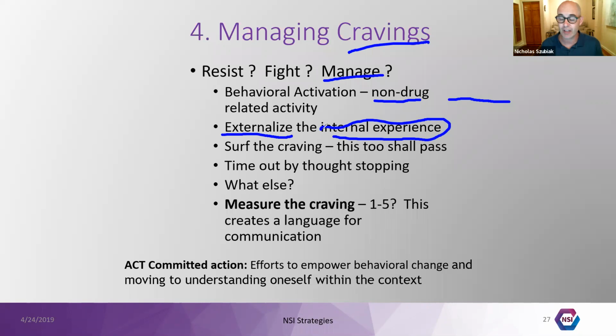The other thing that's really helpful is to help build a measurement tool, to build a language with your patients to measure severity of craving. And it's not complex. It's measurement-based care using a Likert scale of 1 to 5, 5 being the strongest craving you ever had, 1 being more mellow. And it creates a common language of communication for you to help talk with your patients to understand that severity and intensity level. And you can even start to line up this craving level with some of the interventions that work best for that patient on an individualized level.